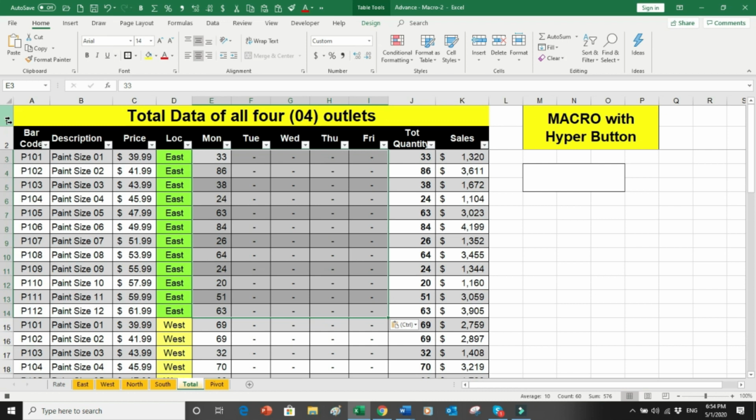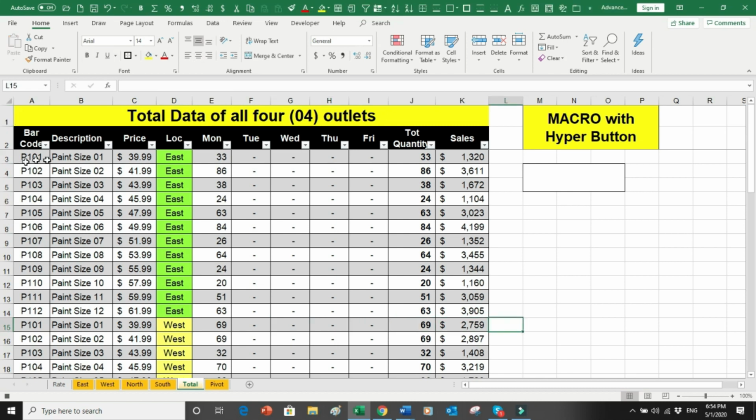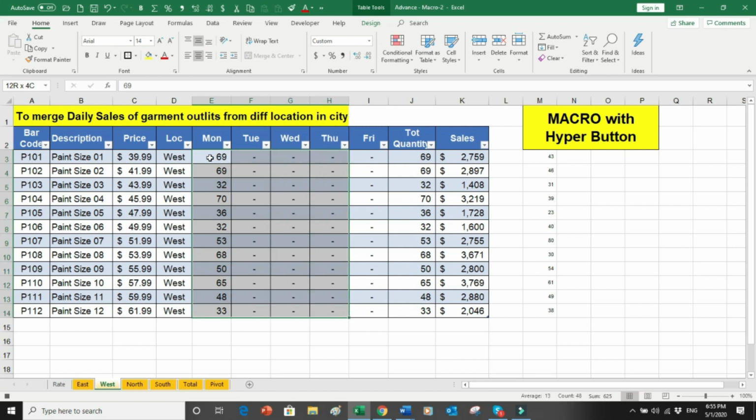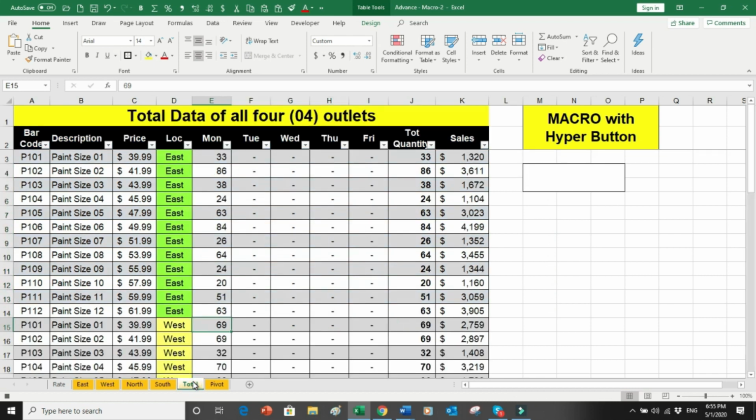Control. Come on to the first cell of the east, put my cursor over here, go on to the west, put my cursor, Control Home just to update the Shift Control Down arrow key, copy all 5 days and say copy, and bring it into the total, and wherever my cursor is on this, say go and paste the values. Okay,